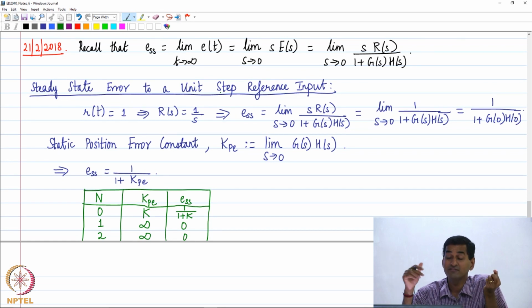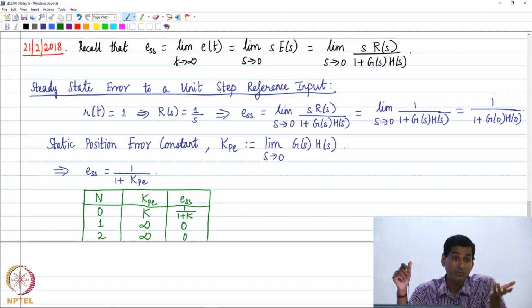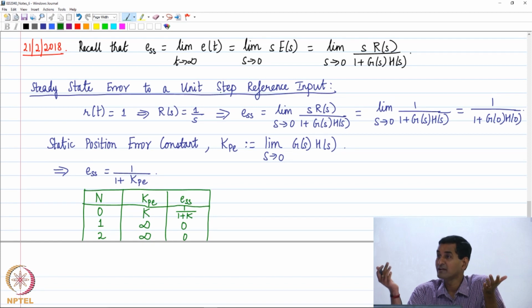In fact, when you come to automotive controls and other courses, you will be able to physically realize what capital K is. You will see that it has something to do with the actuator specification. For example, if you want to steer a vehicle, what is the capacity of the steering system? If you want to brake a vehicle, what is the capacity of the brake system? So you have a limit on that, and I cannot keep on increasing capital K. Mathematically I can do it, but physically I may not be able to.